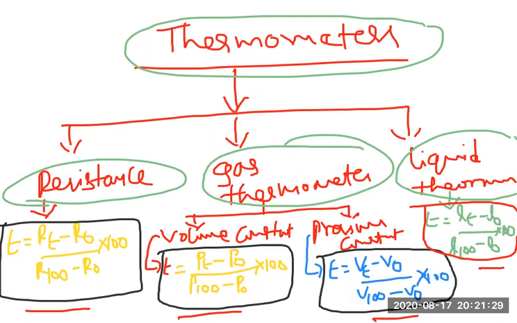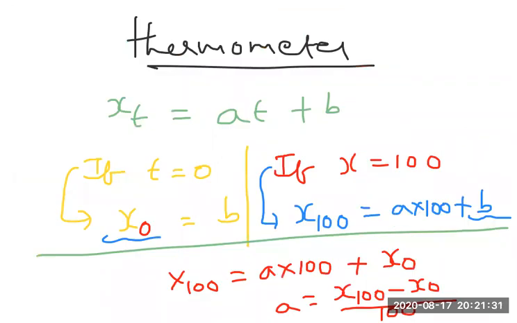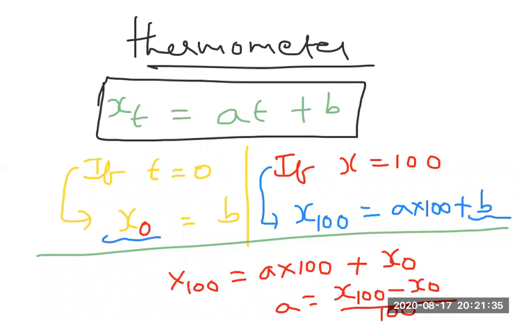And this is the formula derivation. We have first taken how to derive this formula: Xt is equal to At plus B. X is the parameter at temperature T. It is linearly dependent on temperature. Linearly dependent means we don't know the A and B values. They can be anything. Both can be 0 or both can have some value. We don't know about A and B. So X is a parameter that depends on temperature linearly. By taking that information, we have got the formula derivation like this.